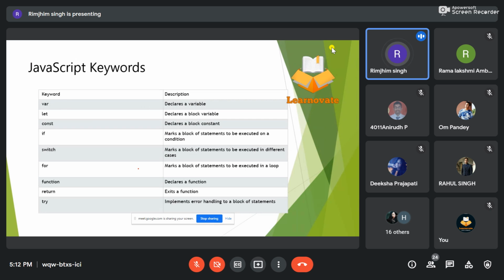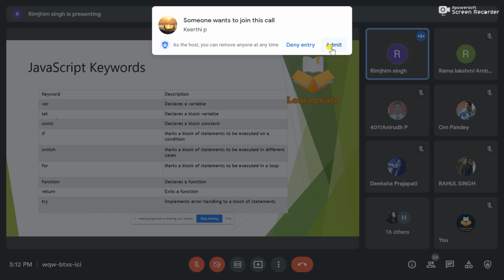And also, similar to other programming languages, like we have keywords in C++, similarly in JavaScript also we have keywords. For example, var, let, and const, as I already mentioned, these three keywords are used to declare variables. Okay. If there's any condition which I want to put in my program while writing my code, in that case I'll be using if.